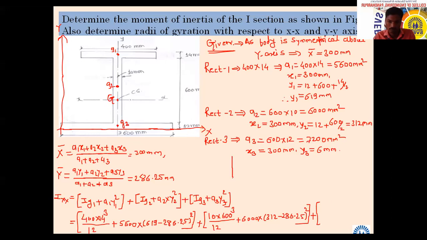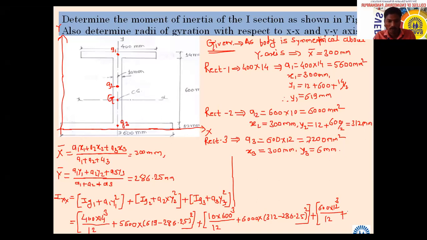600 into 12 cube divided by 12. Which dimension is going to cut? 12. It will pass. Okay, then it will be 600 into 12 cube divided by 12 plus